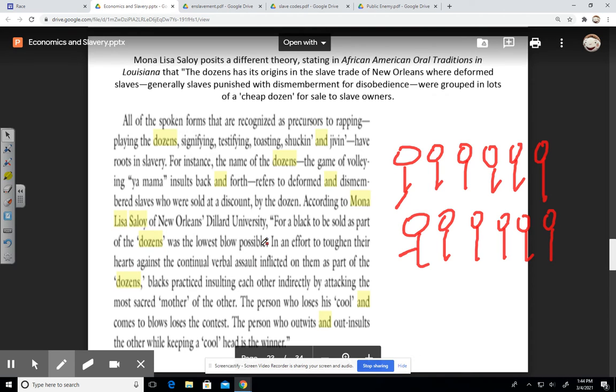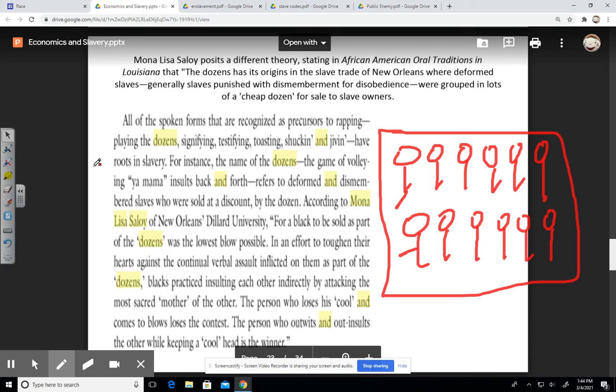The dozens, these individuals are viewed as inferior. And now this simply plays off like a system of stratification within the institution of slavery. So if we're looking at a caste system within slavery, you would probably have the field slave who is out working in the field and has a horrible life of labor. And you have the house slave who is in the house with the master. And if you're one of the dozens, you're down here.